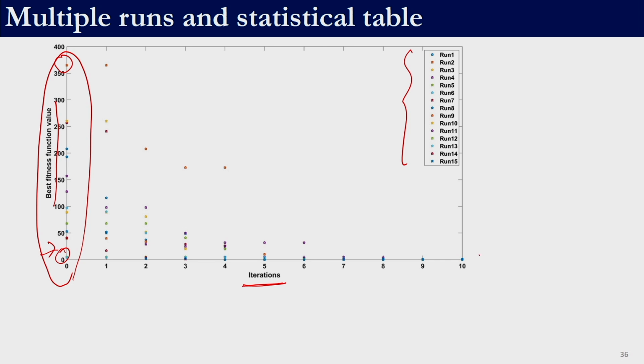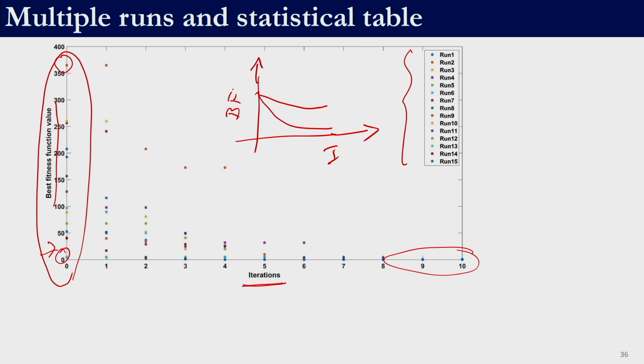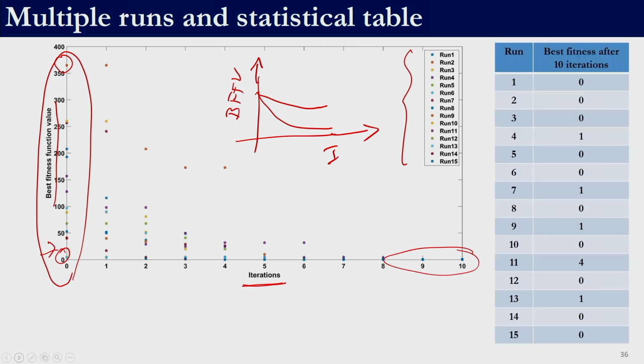So, this shows a consolidated plot of all the runs. In this case it happens that all the runs have probably converged to the same or almost equal values, but it is not necessary. We may end up with curves like this, wherein let us say the first run is like this, whereas the second run is like this. You complete the number of iterations. So, this is iterations, and this is again your best fitness function value, right. It is perfectly possible that this can happen. How do we statistically analyze this figure? We generate a statistical table. So, let us say I had these 15 runs.